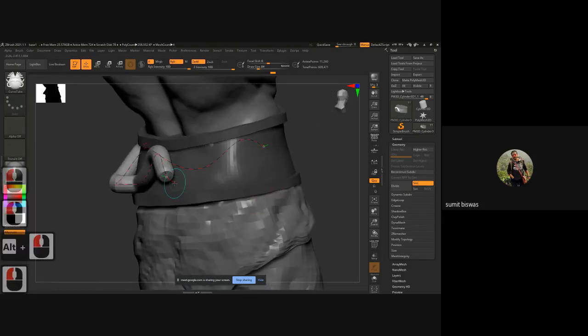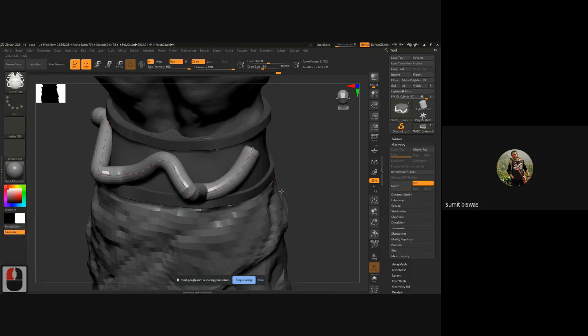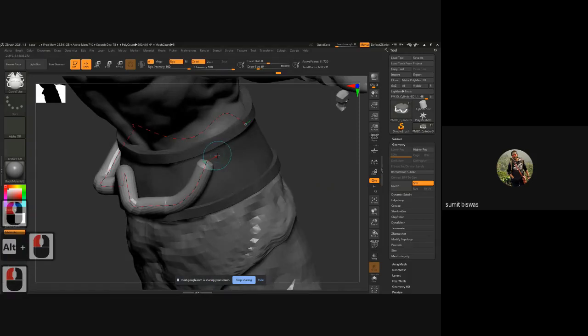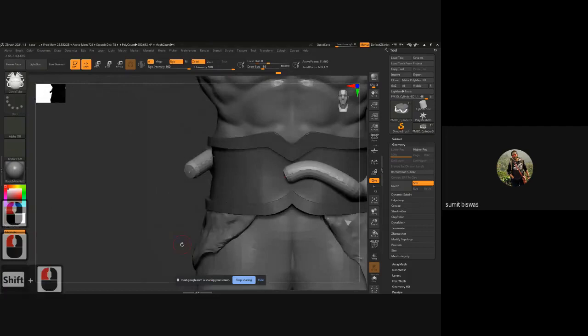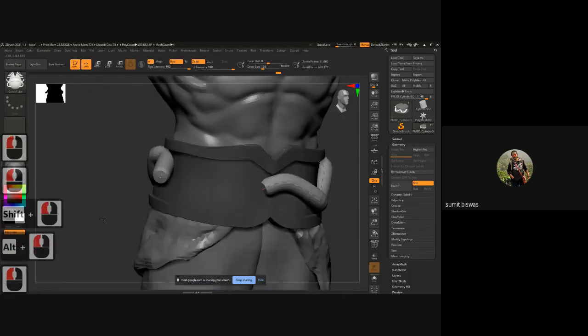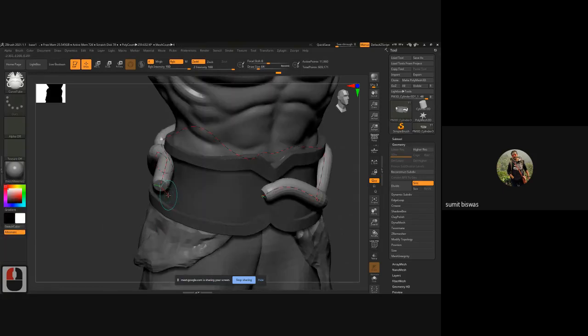Let's continue this. Make sure it's connecting to the end point only, or wherever you want it to snap. If it does something weird, like it goes inside, undo it and go back and redo the curve once again. This is something I could also have done with another cylinder and simply created that.